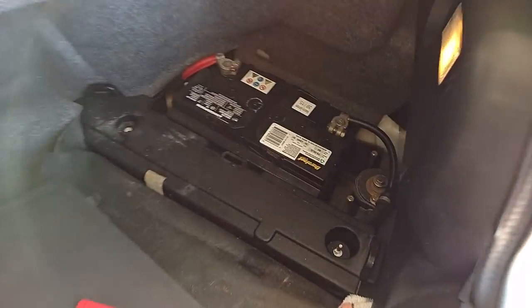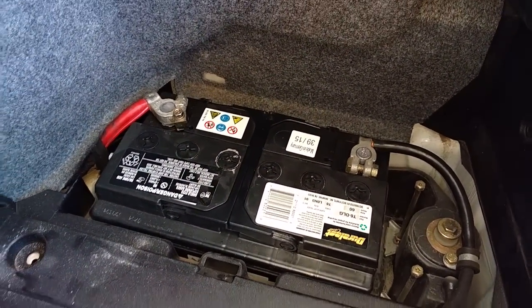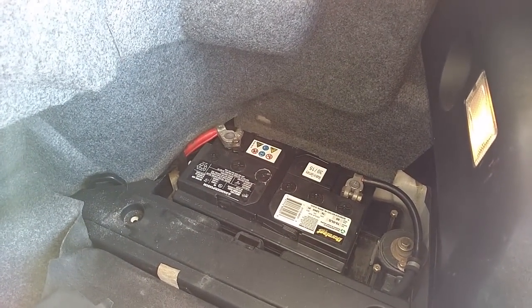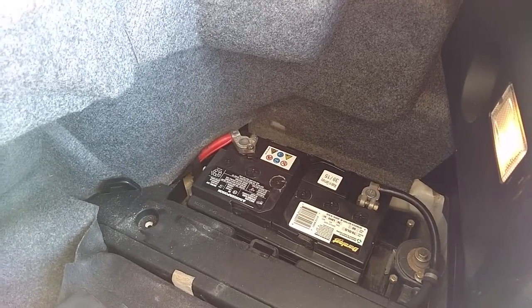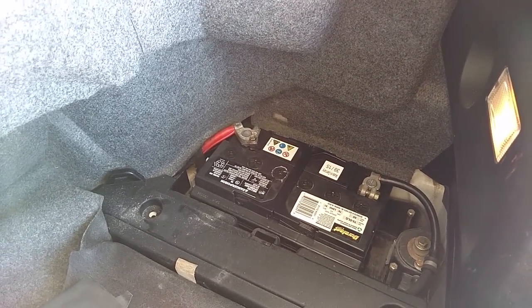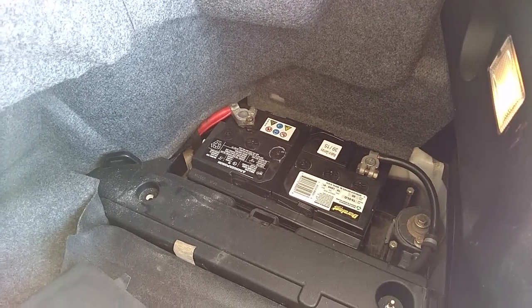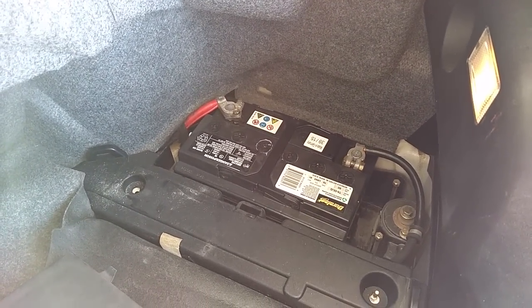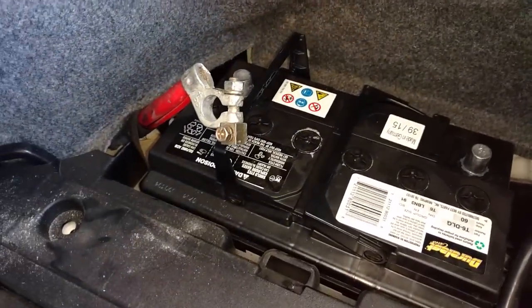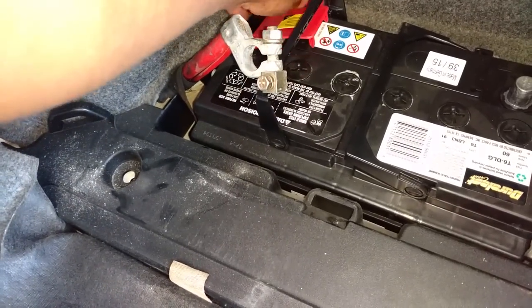First thing I'm going to do is come in the trunk, disconnect the negative and then the positive on the battery. I disconnect the positive because the positive runs a wire straight to the starter and then from the starter straight to the alternator, and if you hit a ground while you're taking that alternator positive off, you'll short it out. So go ahead and disconnect both of these wires. 13mm negative and positive. Insulate the connectors so it can't connect while you have your head turned. So I'm going to go ahead and plug this in here,